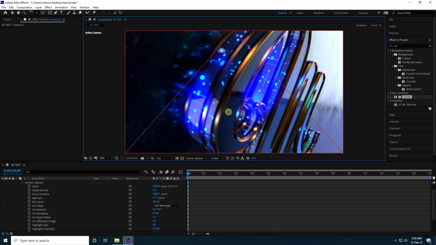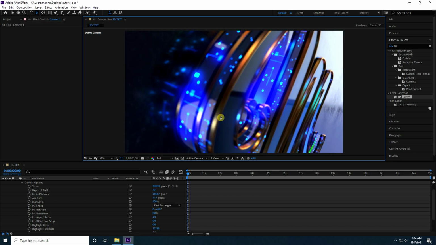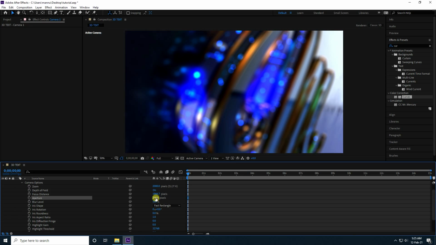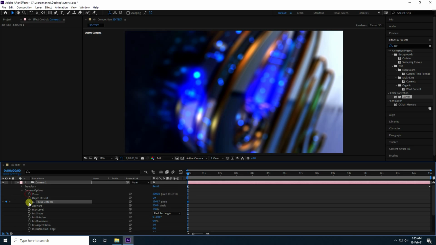Yes, yeah, okay, so now guys aperture, this one 150 and 200 is good. Yeah, and guys go to focus distance, check.